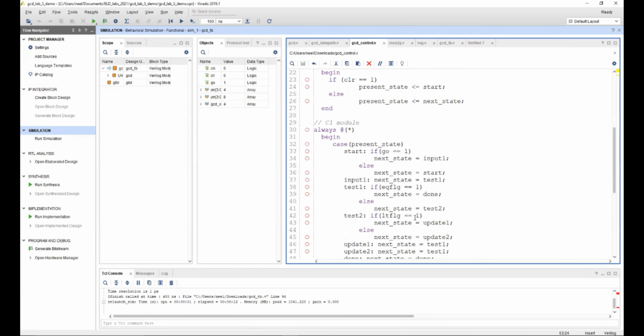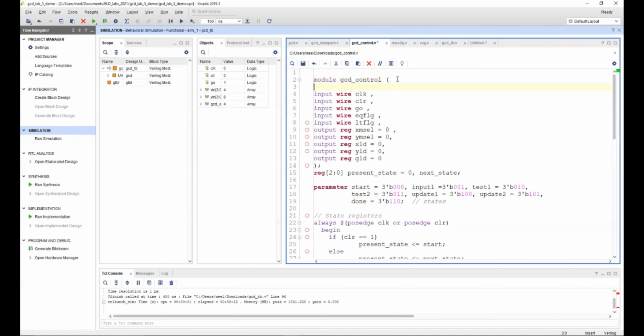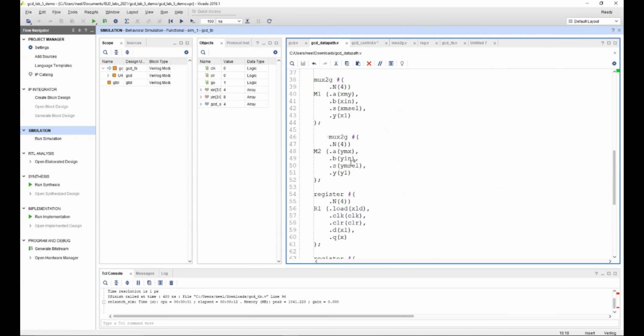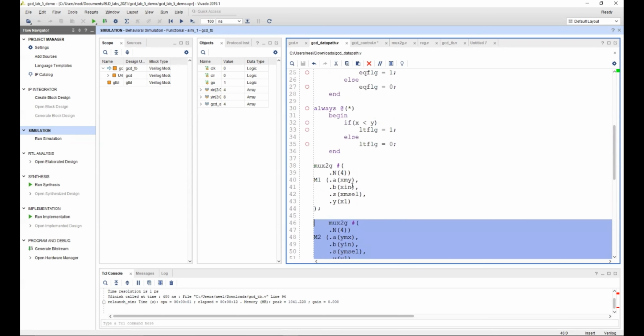As you can see, we have designed the control path, and we have basically understood the control path. One thing we need to understand is that we are using XM select, YM select, XLD and YLD. The XLD, YLD and GLD are basically inputs to a register. Rather than implementing a register in the data path and making it more convoluted, we have designed a register and a mux, rather than just using a normal if-else statement in this design and making the design very complicated. We have made use of these two pieces of code.